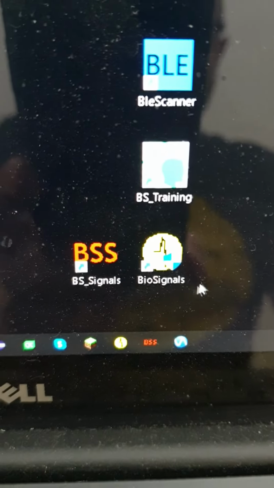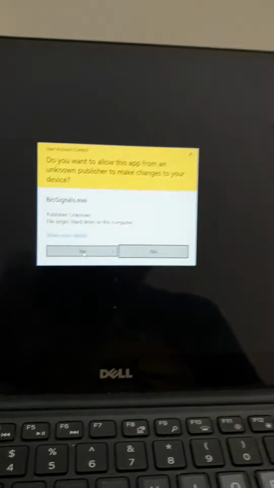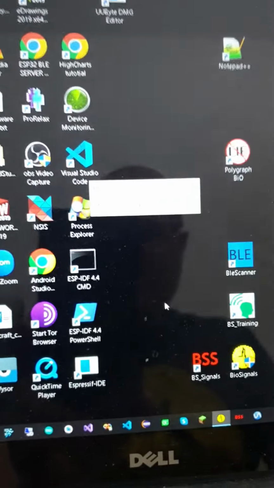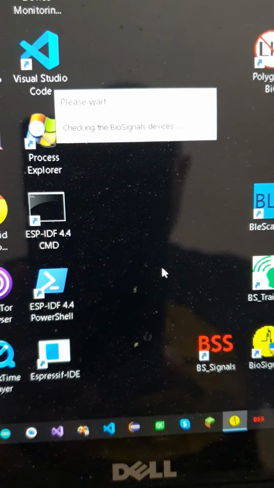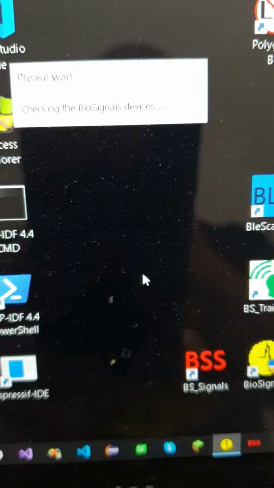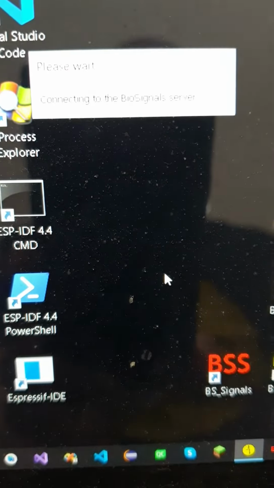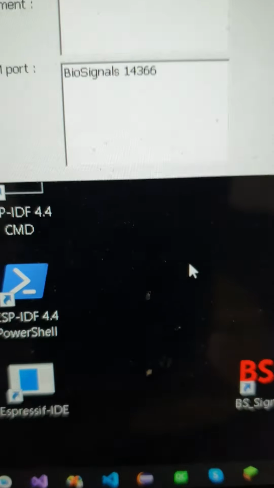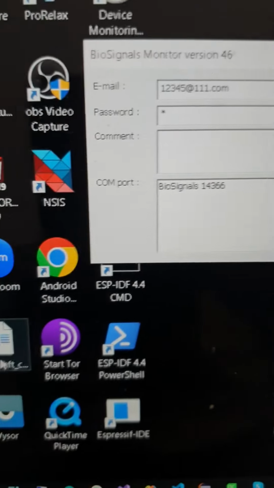In the PC, we need to run this BioSignals yellow circle. Double click on this and you will see what will happen. It's checking devices. No need to do any kind of connection. You see, it's already here. So you click on this